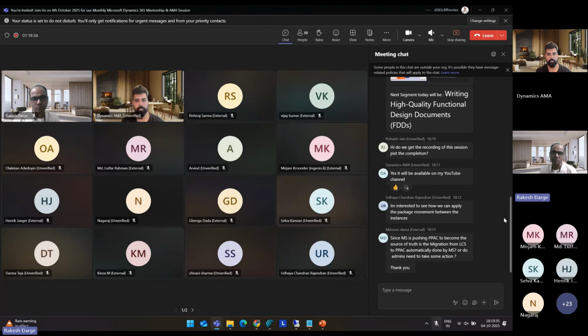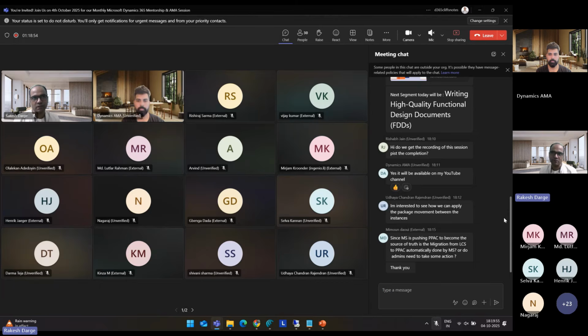Then we used to club more than one model into one package, right? Those packages are binaries, which we used to call DLL files in the background, having a reference to the DLL files of the standard models, which are application suite, application foundation, and application platform, right?